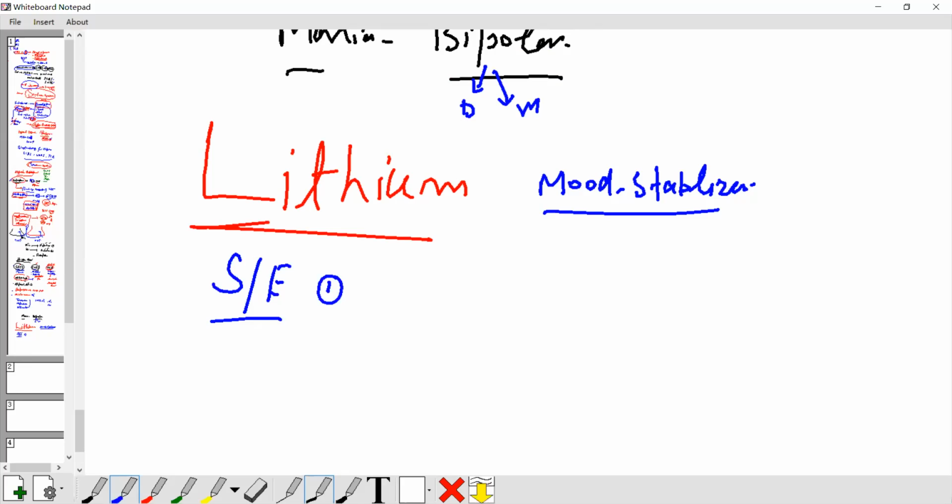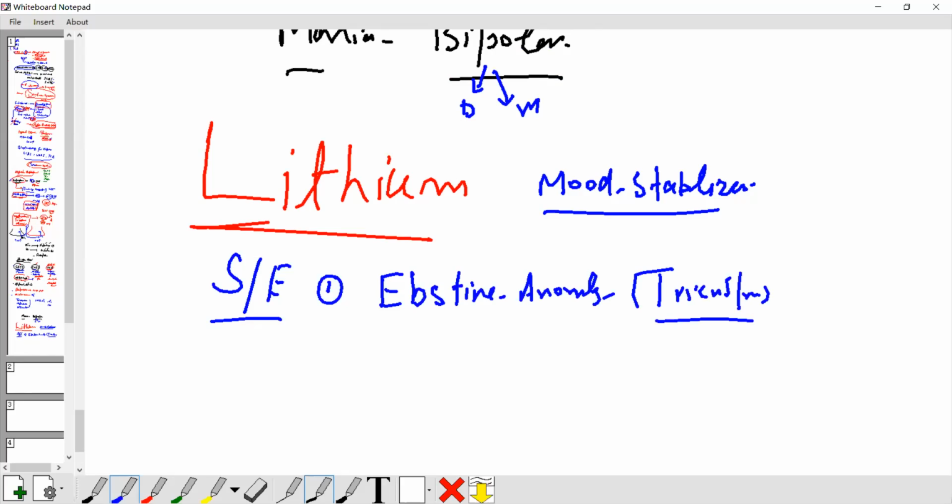If a pregnant lady takes lithium, it causes Ebstein anomaly. What is that? Ebstein anomaly is a tricuspid valve problem. The heart issue, tricuspid valve. One cusp is not formed, like a problem with the tricuspid valve. Okay, it's Ebstein anomaly. Must keep in mind. The second side effect: